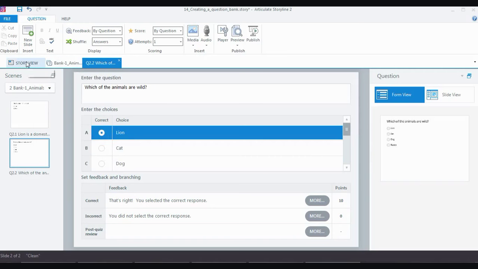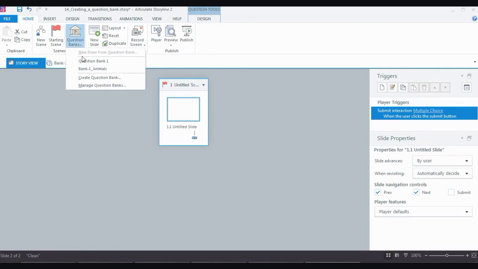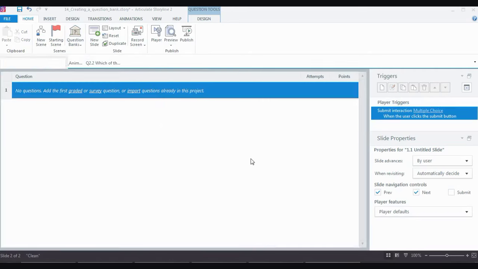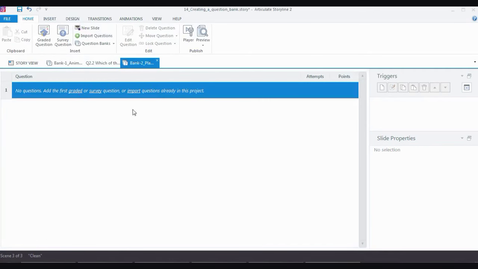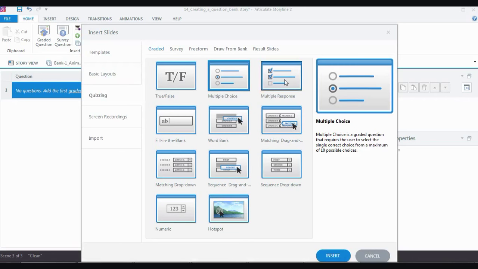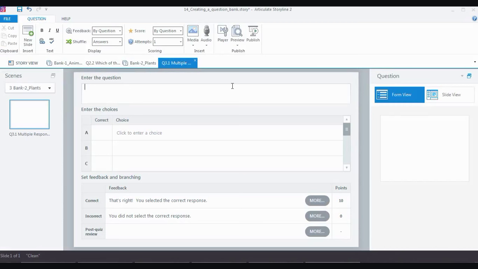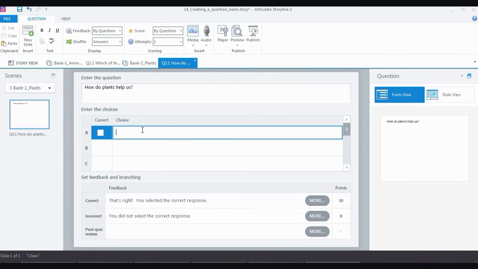Now I can go back to my story view, create one more bank by going to question banks, create question bank, and I can name it bank 2 plants. I want to add some questions related to plants here, so I can click on graded question and let's add multiple response. Okay, I can create a question which says how do plants help us, and there are multiple right answers, so I can say gives oxygen,